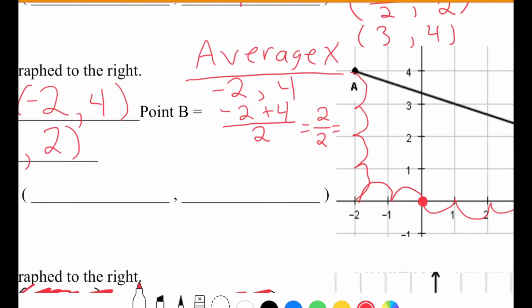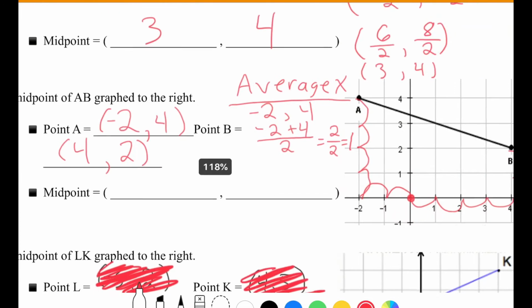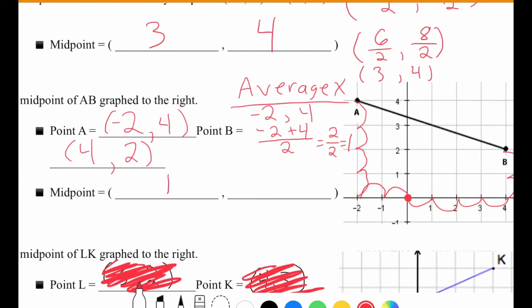So for the average of x values, my bad, I was looking at the next one, gives me 1. So that would be my x value of my midpoint. Then the average of my y values,